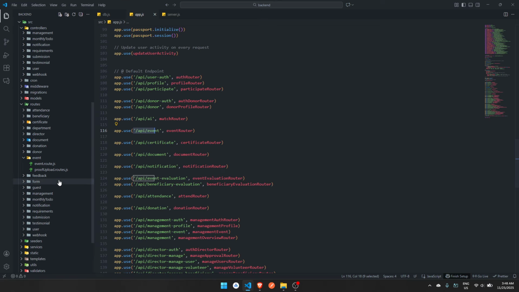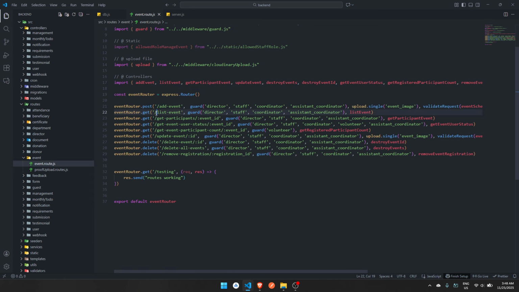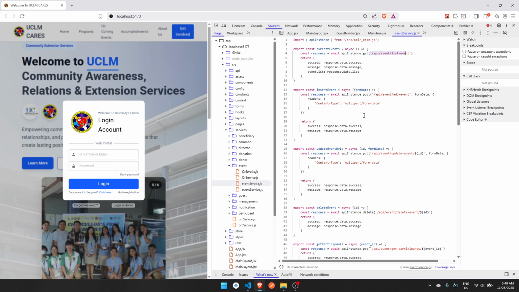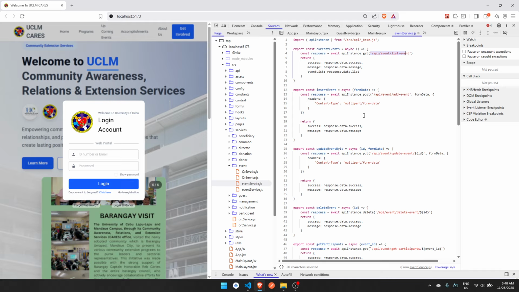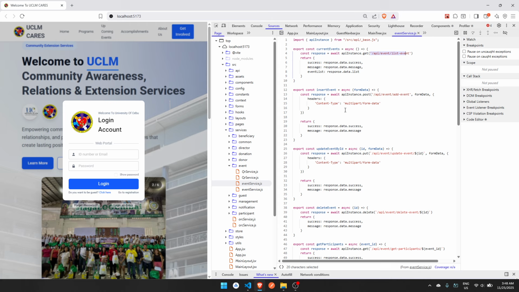This list event is coming from our routes. So this is the same request method. That means the services is requesting our backend to give a response, and the backend will grab the database record and send it to the front end. This is how the communication between front end and back end works.